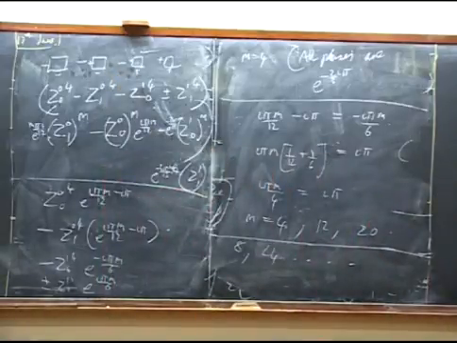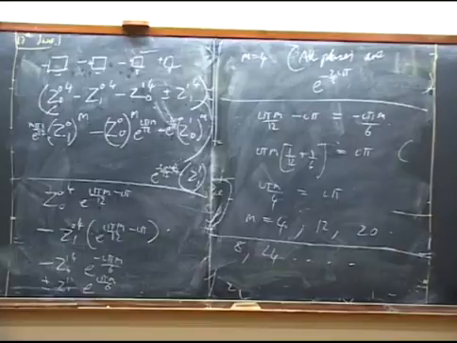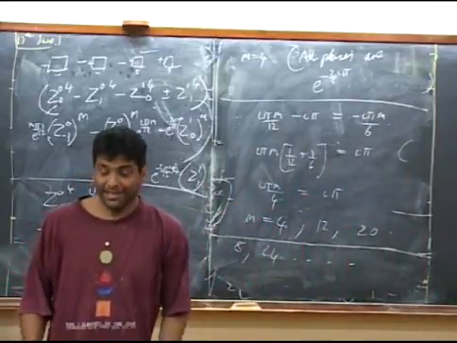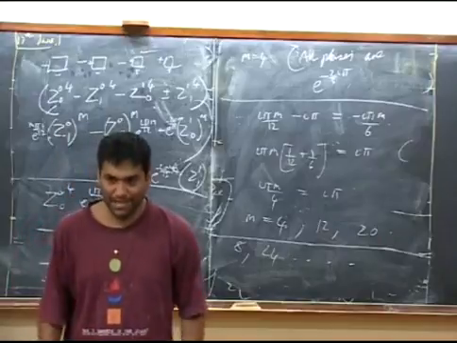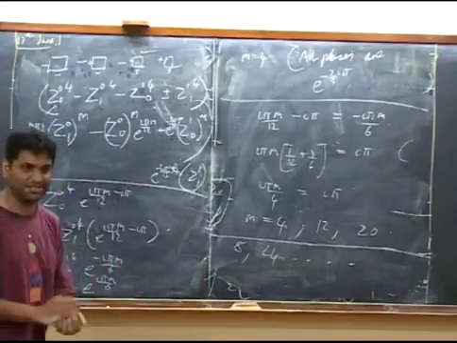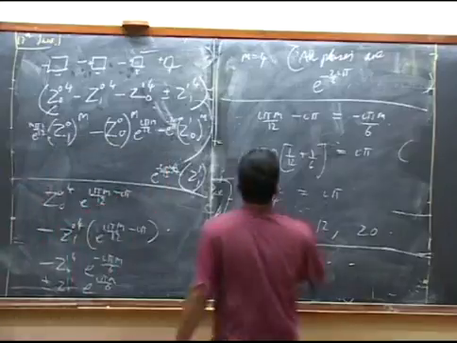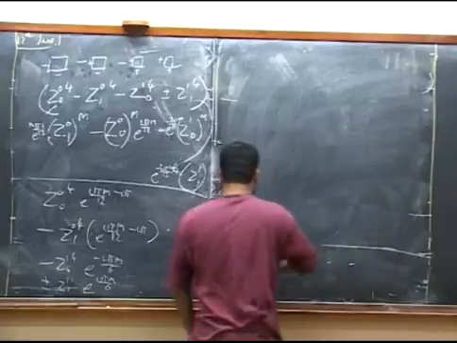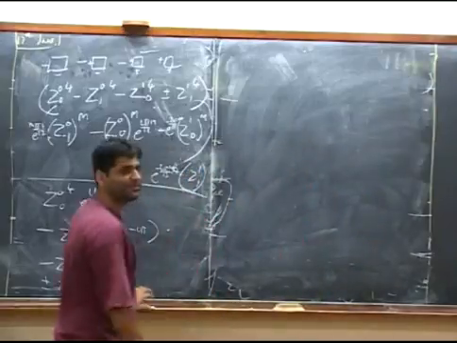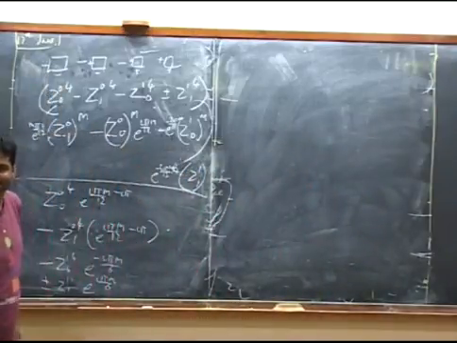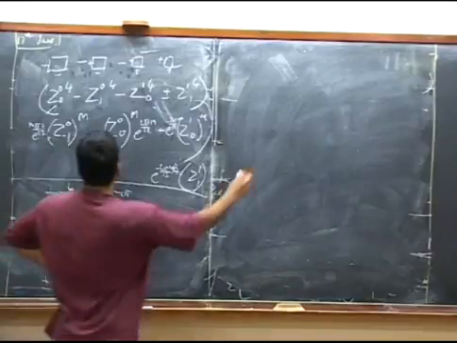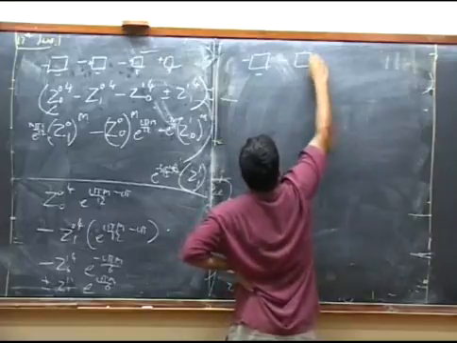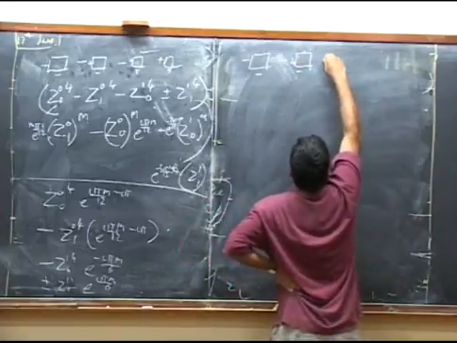Why is that the case? It's true that tau goes to minus 1 by tau has no anomalous part. But it does have the naive action. And under the naive action, this thing changes. So let's see what happens under tau goes to minus 1 by tau. That is a fancy way of saying flip the two cycles. So what happens to minus minus minus plus minus minus